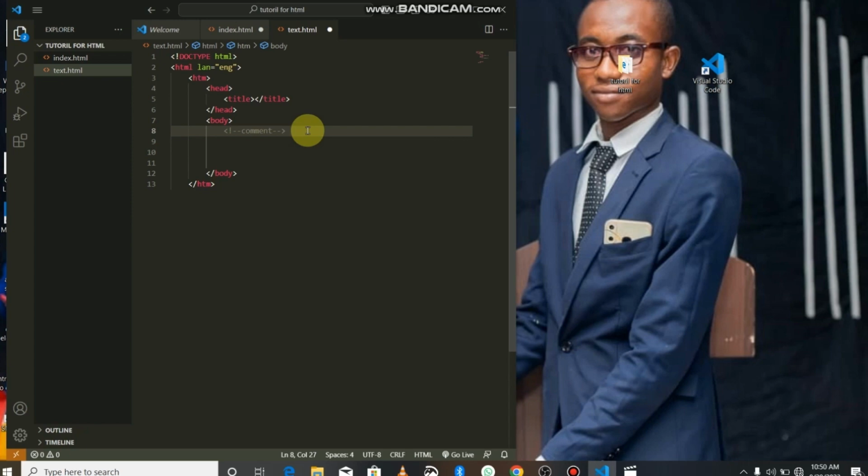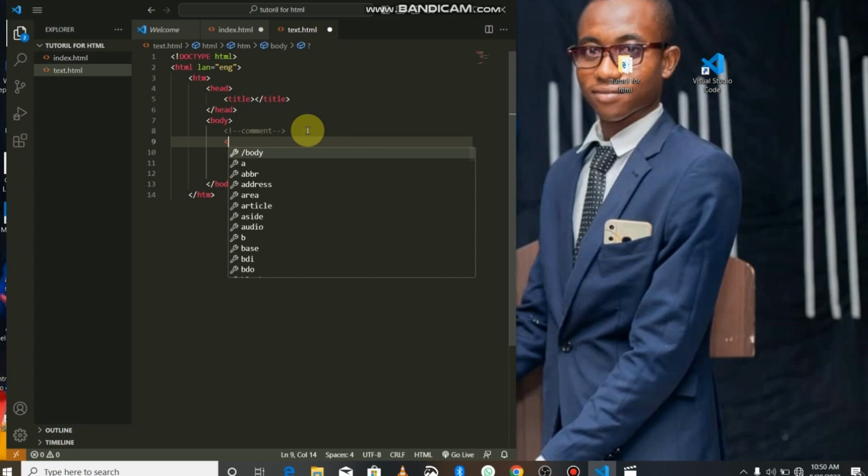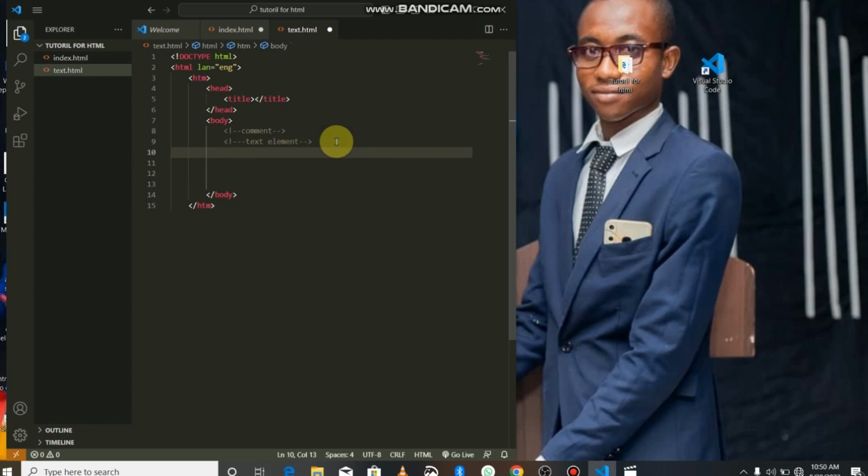So now after we are done with this, we will move to the text element. So I'll put this one in a comment again, so that it will not appear on our web page. So I'll write text element. So I will come down there, so that we'll know the codes to expect over there. So the text element, we have this, and we have